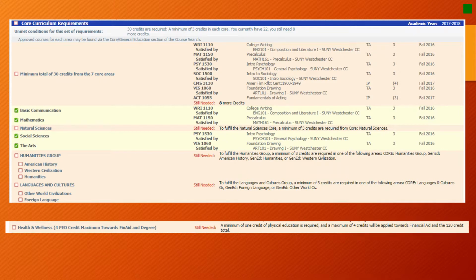After the credit minimums, you will find the core curriculum requirements. Students must take 30 credits across 7 core areas, with a minimum of 3 credits in each core. These areas are basic communications, mathematics, natural science, social science, the arts, humanities, and language and culture. The final 2 categories have subcategories, but only one of the subcategories is required. For instance, a student can take either a course in Otherworld Civilization or foreign language to complete the language and